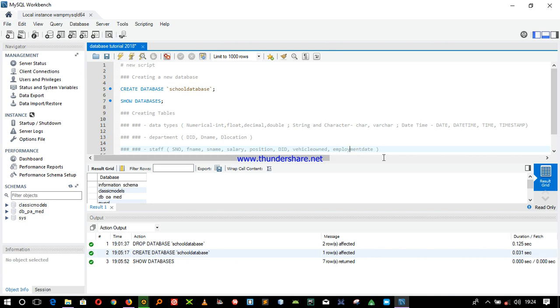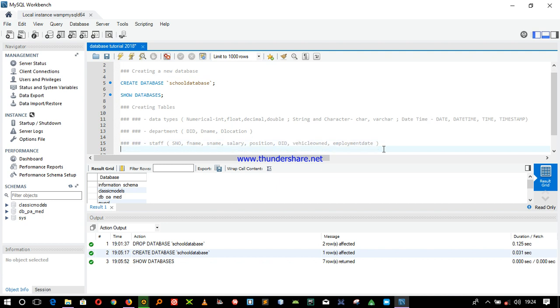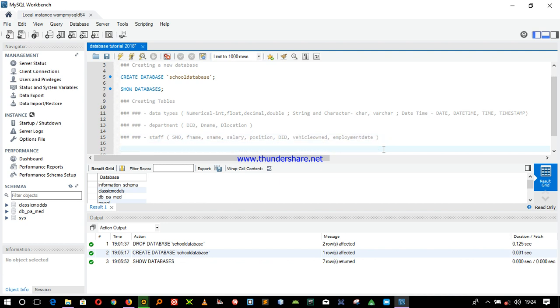So right, employment date, right? So we're going to create these two tables, and remember the other two you had to create for yourself, right? So maybe you can just change them to one to create, but here we're going to create these two tables. So if you want to create a table, you use the create, right? So you say create table, then you write the table name.